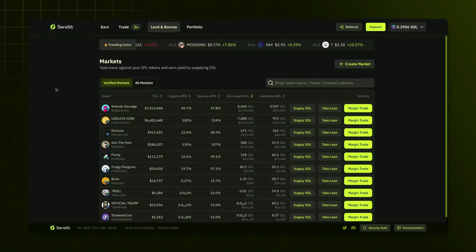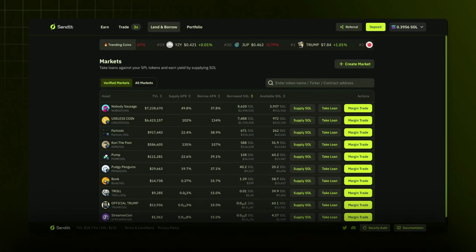Welcome to the Lend and Borrow page of Sendit, the core of our protocol. In this video, we will cover 6 different parts. Firstly, let's introduce the concept of lending and borrowing. I'll explain how it all works, followed by a discussion on the supply APR and the 3 sources of yield. Next, we'll delve into why you might want to take a loan on Sendit, consider the risks involved, and finally,